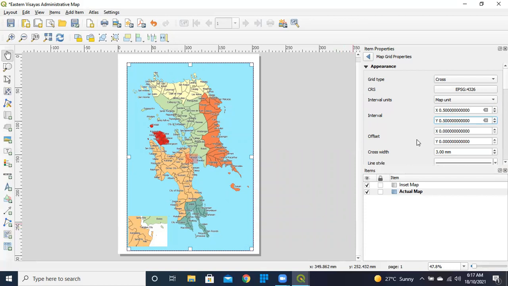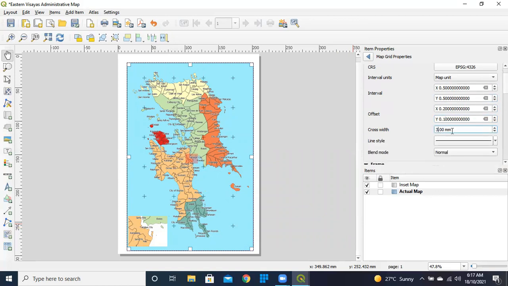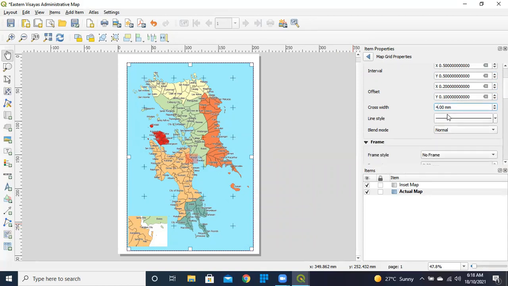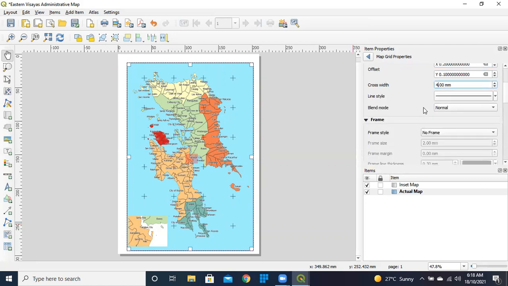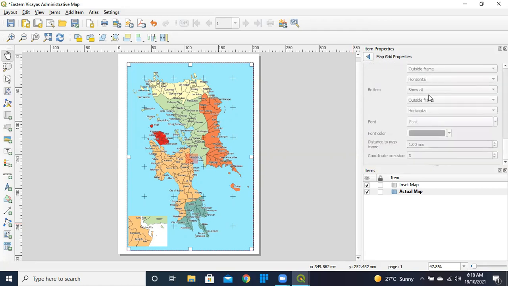For the offsets, let's have it 0.2 on the X and 0.1 on the Y. For the cross width, let's have it 4 millimeters. For the line style, let's just retain. Blend mode would be normal. Okay. So it's now okay. Let's just go back. So let's just